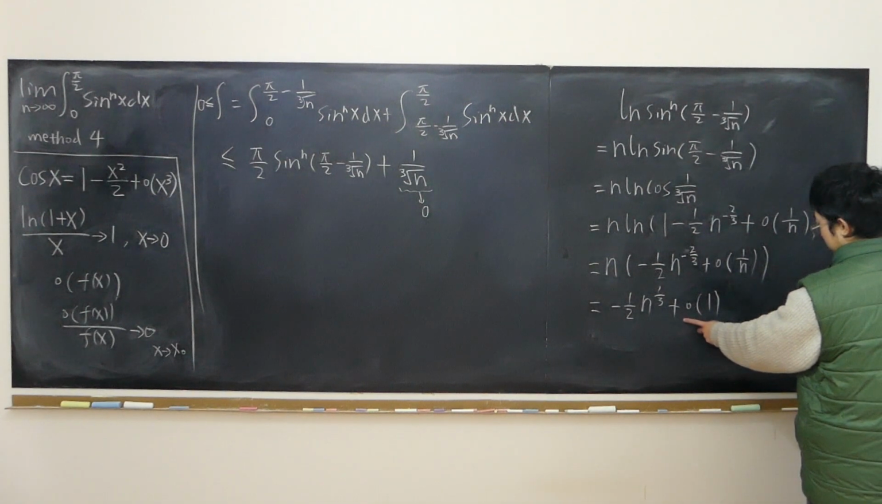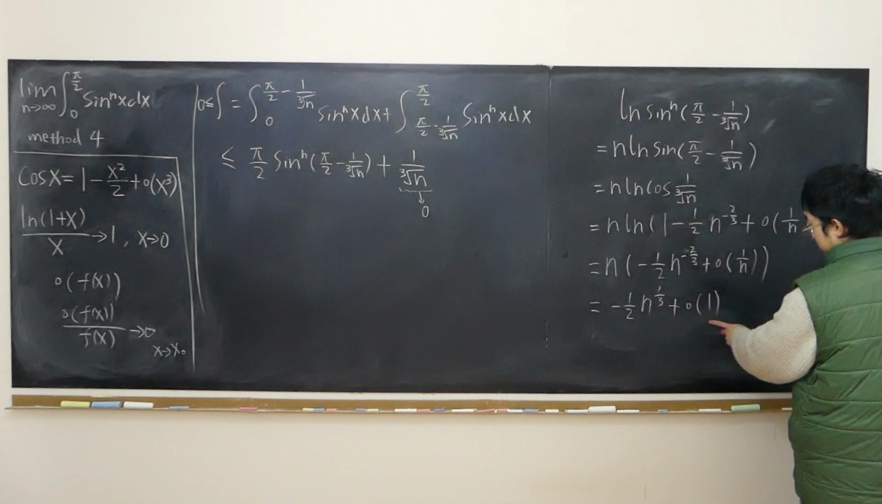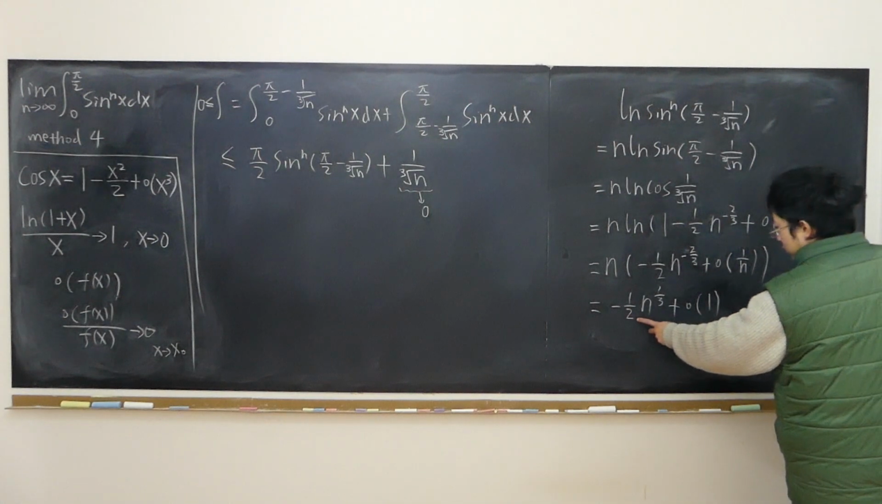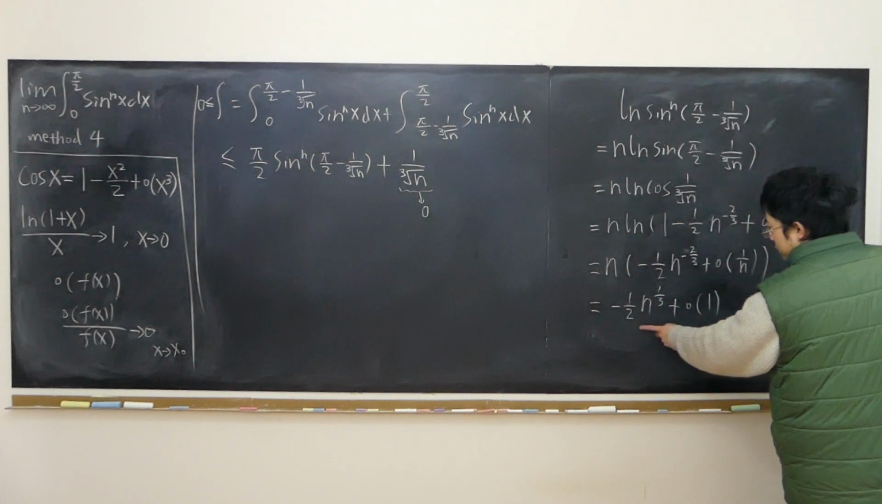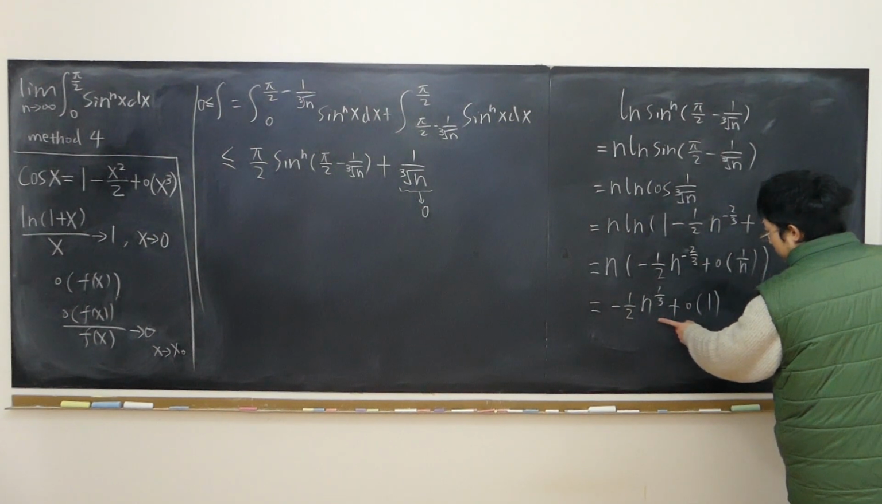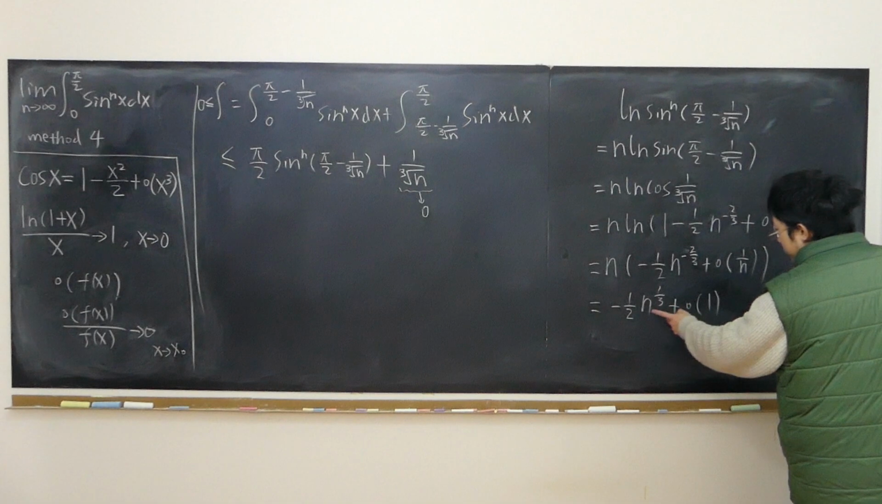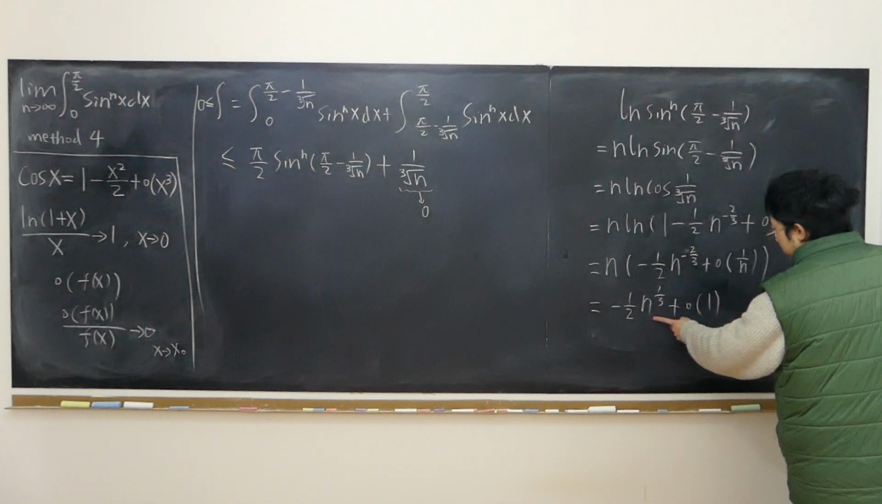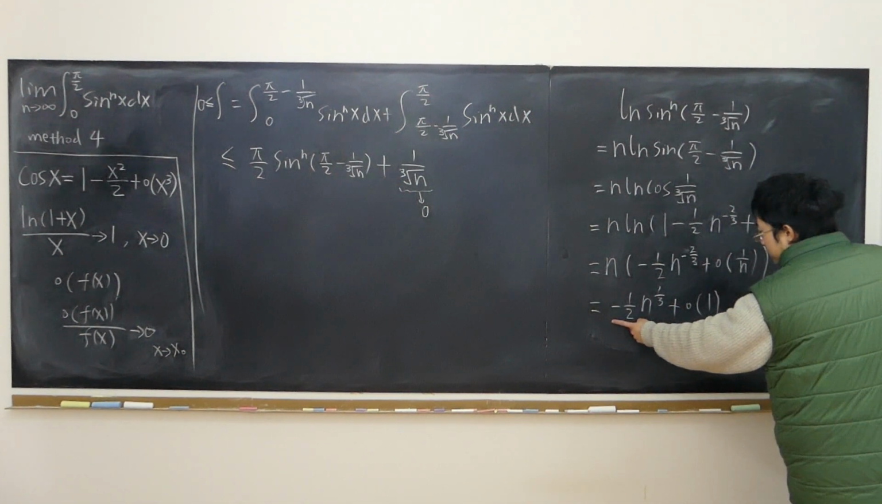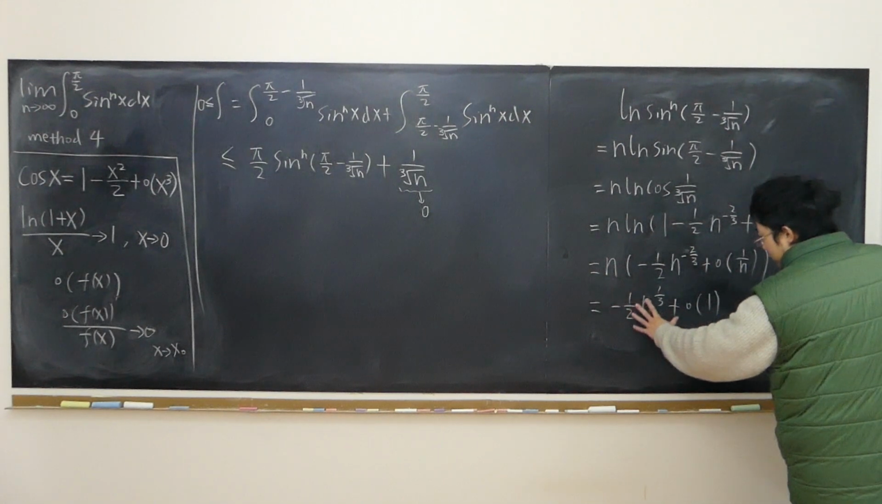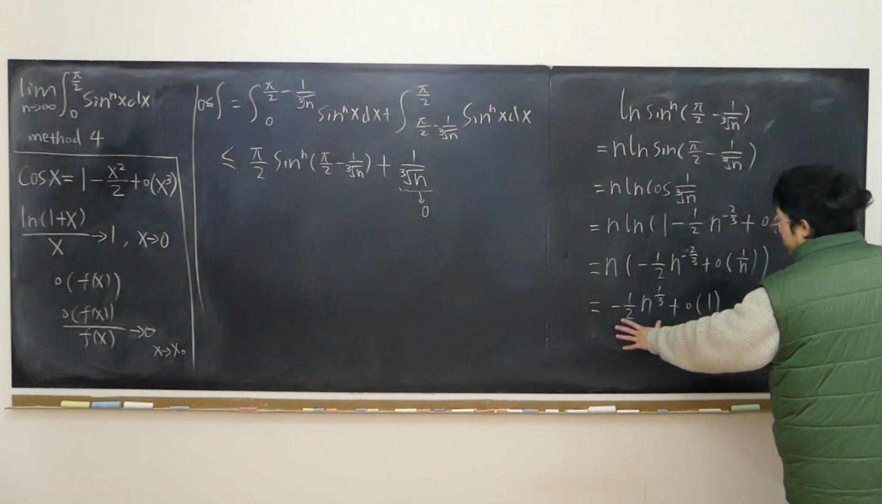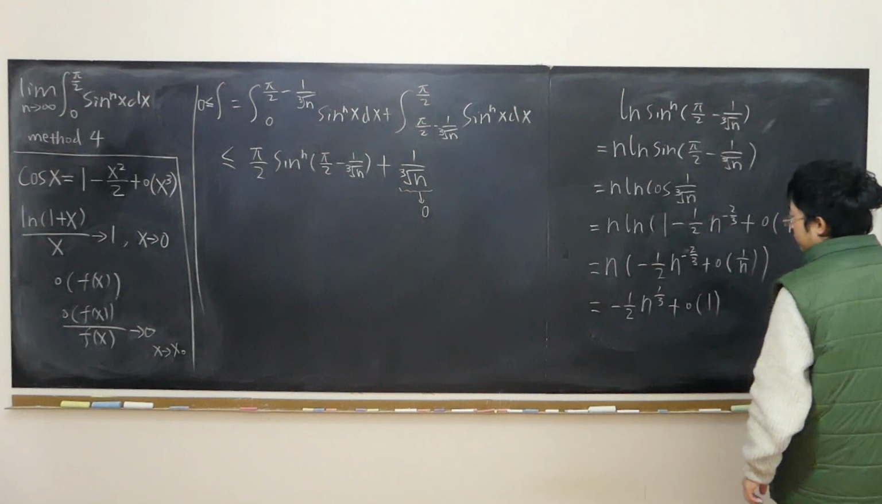This quantity is already approaching 0, so don't worry about this one. Just focus on this quantity. As n approaches infinity, n to the power 1/3, as long as the power is positive, this quantity approaches positive infinity. But we have a minus constant times that. So this whole quantity approaches negative infinity. Therefore,